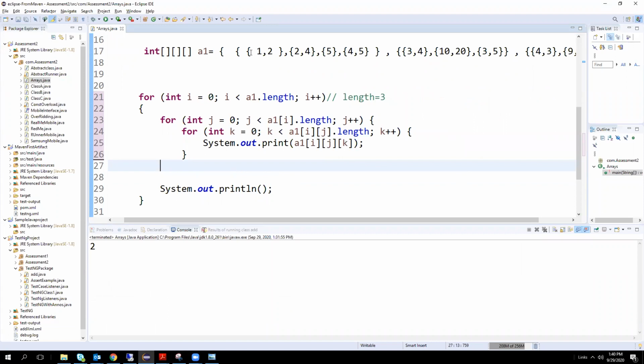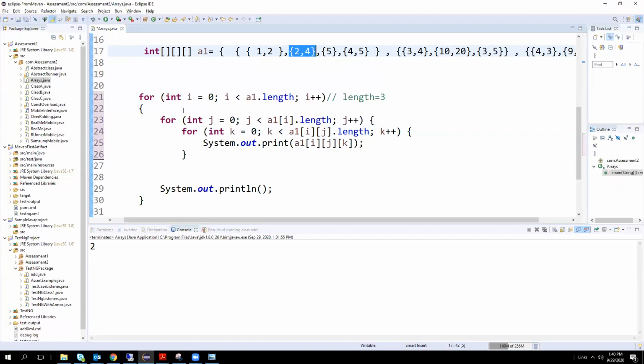For this, at that 0th index, what is the size of the array? It will be 2. The loop will iterate until this array is completed. Then k will be incremented, so k value will be 1. Then a of 0, j of 0, k of 1. What is that? 2 comma 4 is in k of 1. Clear? Yes. You can get the logic of how it will read each and every element.